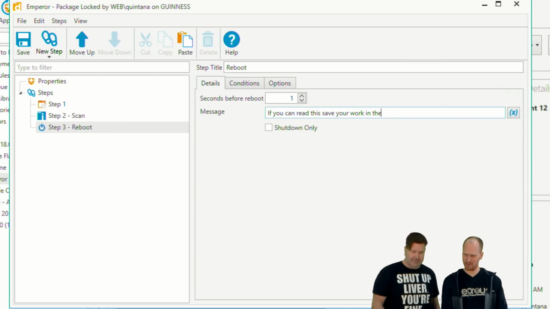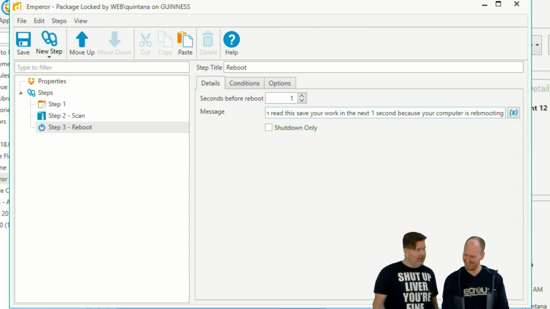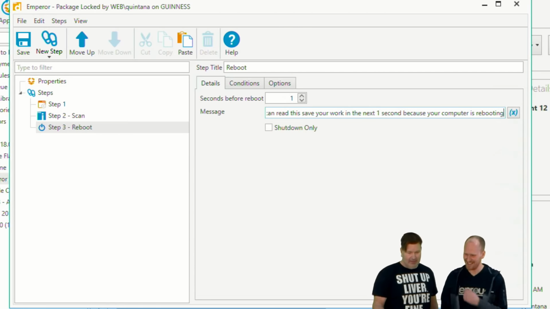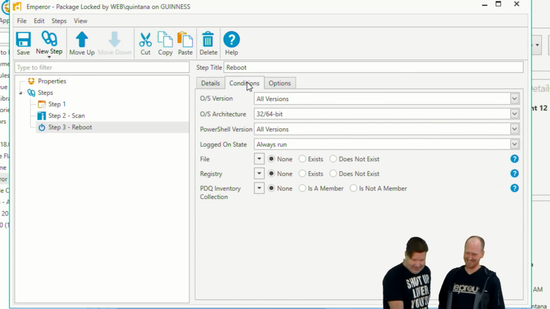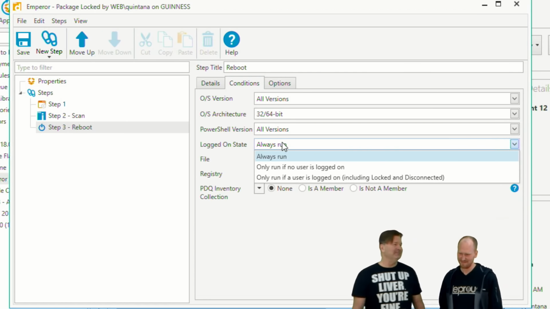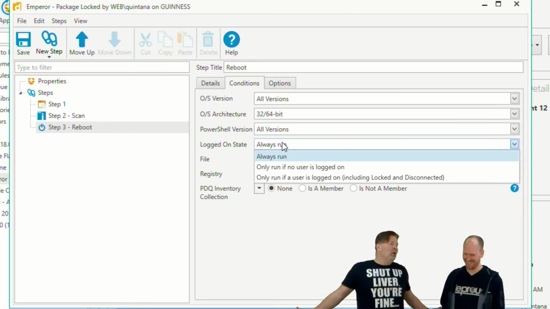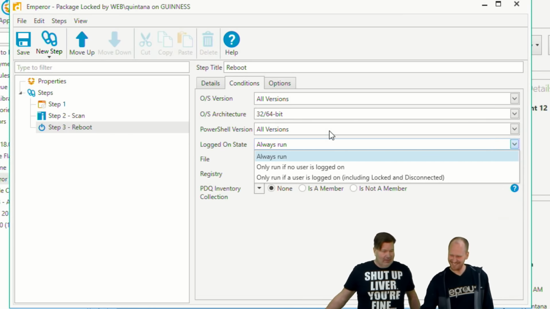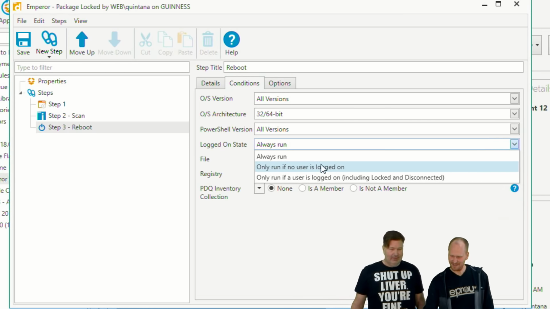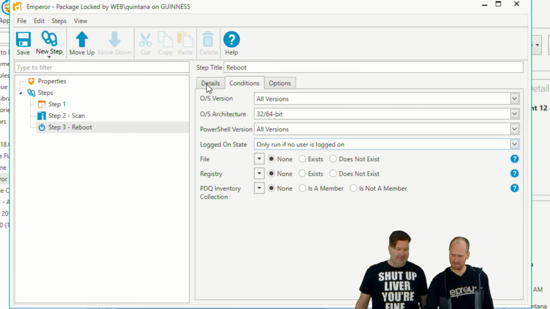And it'll work in the next 1 second because your computer is rebooting. Ignore this part; if no one's logged on, you don't have to list a message. Okay. If no user is logged on, then just reboot with a timer of 0,